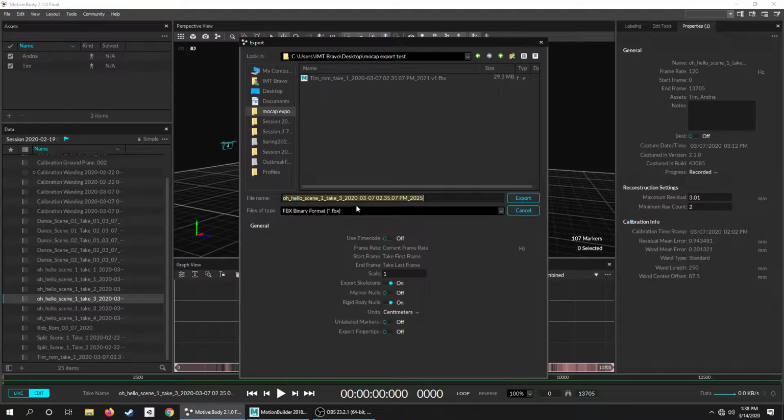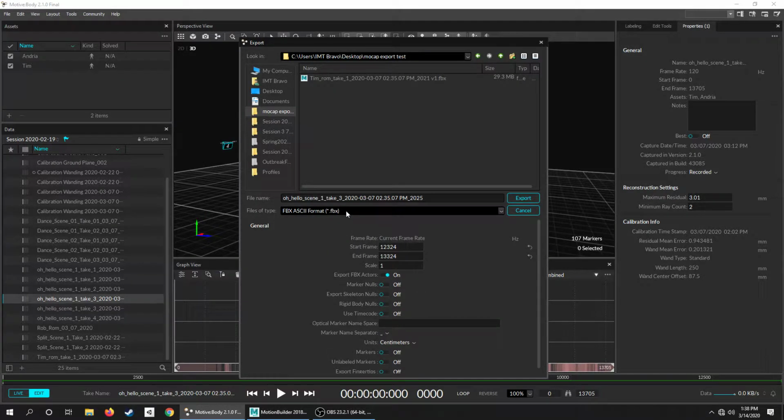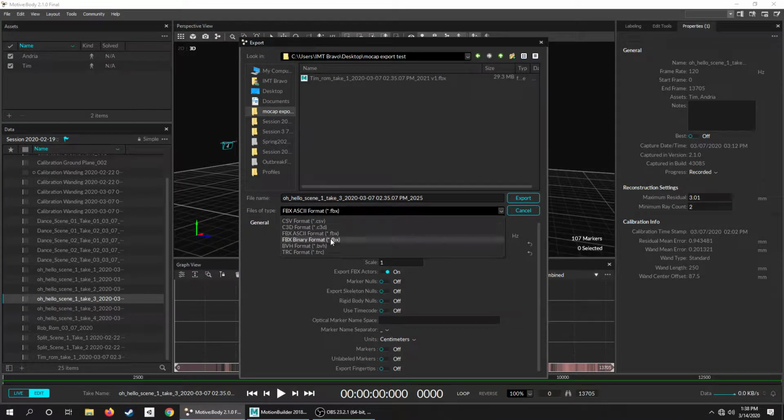For the file, you have to make sure that it's in this format, because there's a bunch of other different formats. We were trying with the FBX ASCII file, but it just gives us the markers. You don't actually see the joints. So we had to switch it to this, which is essentially what it was before. It gives us different settings down here. So if we switch it to binary,